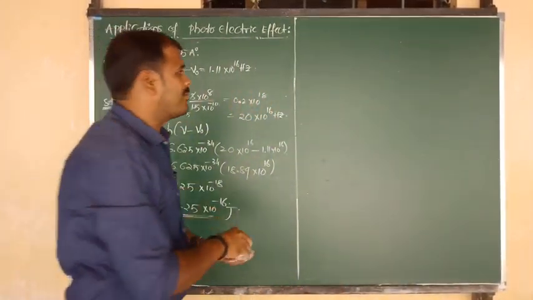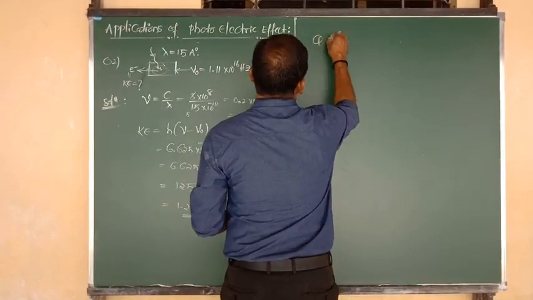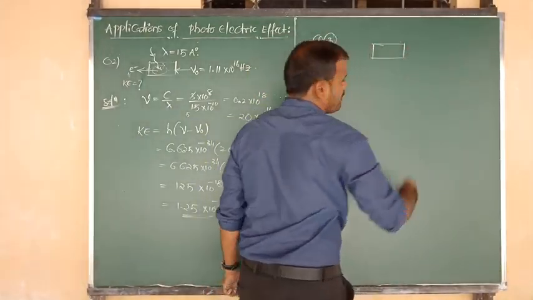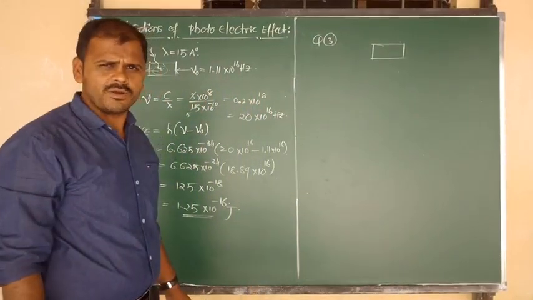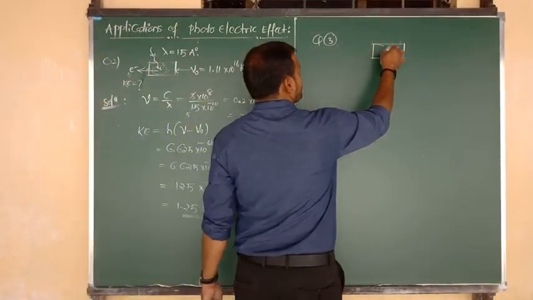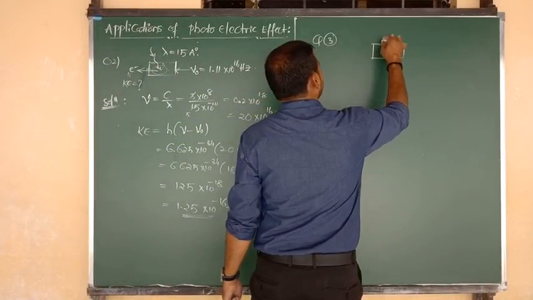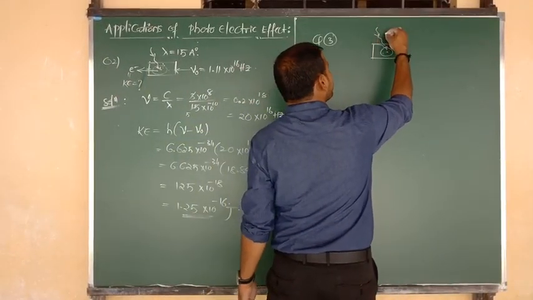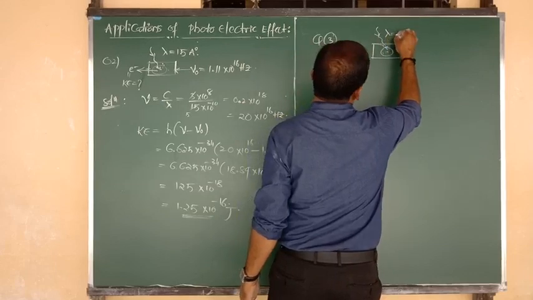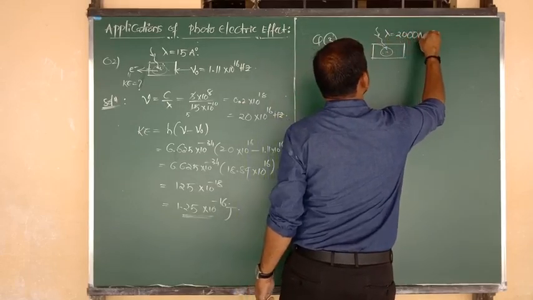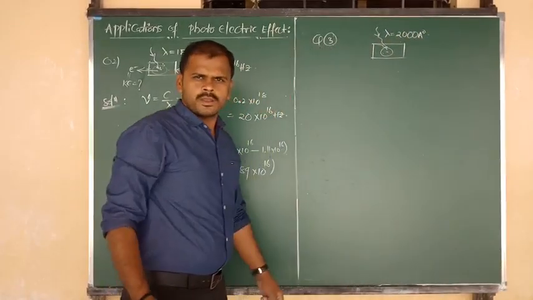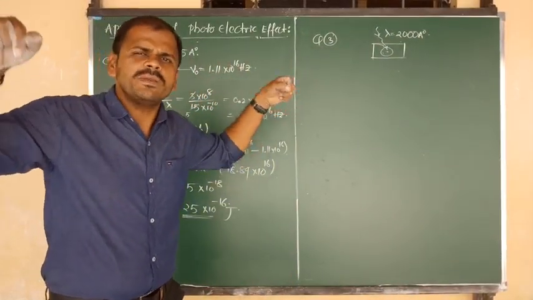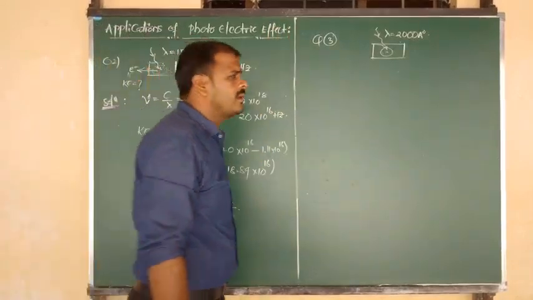Here I want to give you a little bit of change. Question number 3 related to photoelectric effects. Same thing here, I have considered a metal or metal surface. So from that metal surface, suppose one photon is going to be incident, and for that incident photon or light, they have given the wavelength that is around 2000 angstroms. A photon with 2000 angstrom wavelength falls on the surface of the metal.